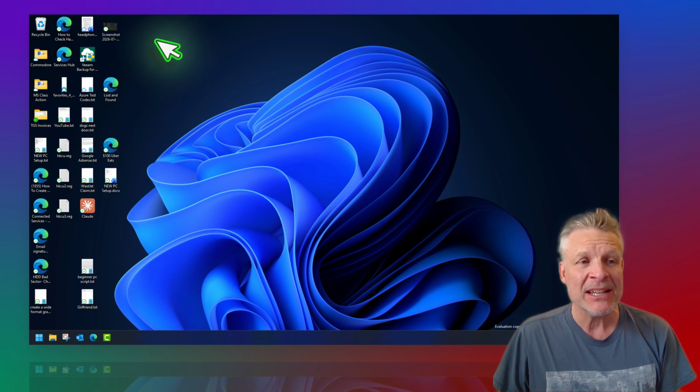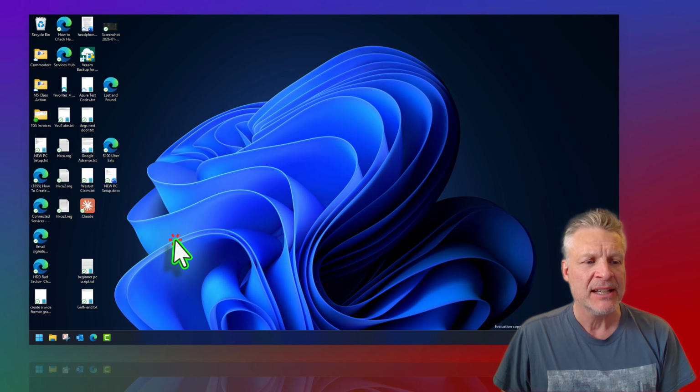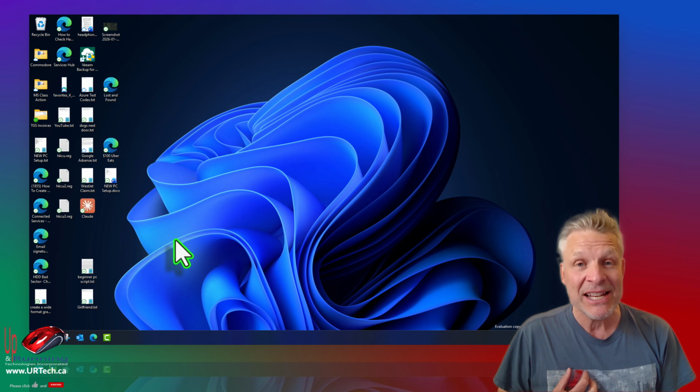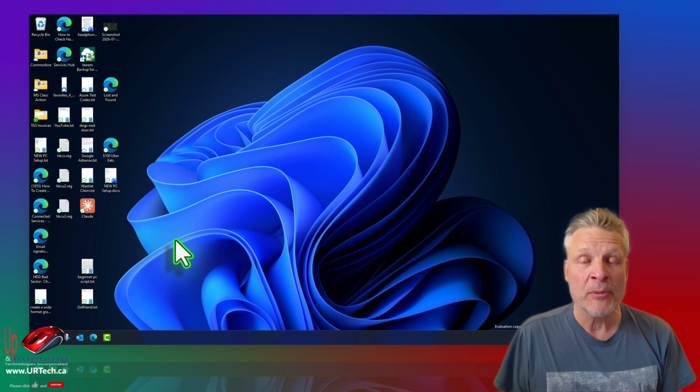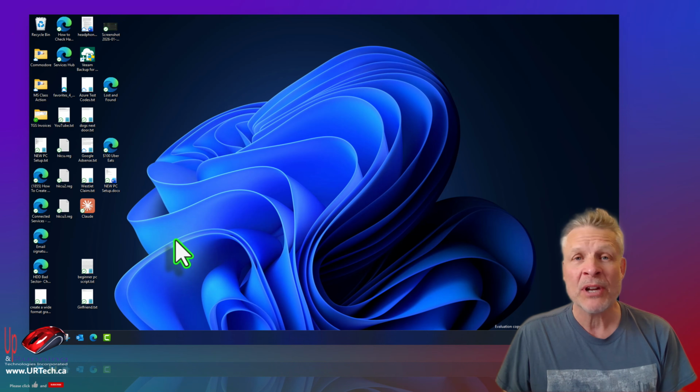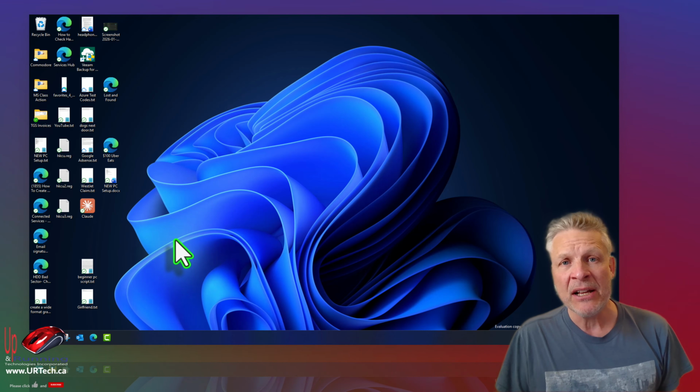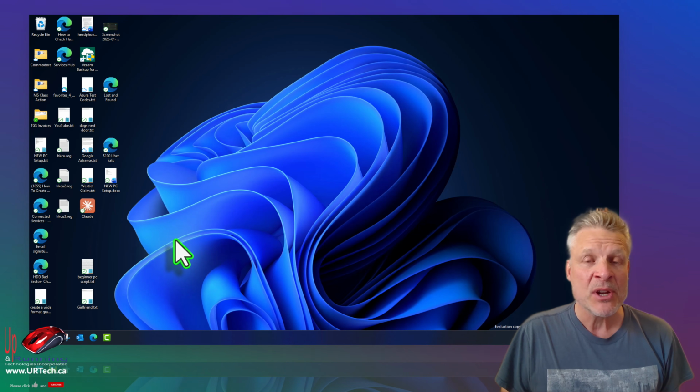Well, you can see this particular computer has all kinds of files on it and say, I don't want those. I've got it from somebody else and I want to get rid of their junk. I'm going to donate the computer and I don't want them to have my stuff. I've got some serious problem with the computer and I want to wipe it out. I just want to toast it completely and get it back to its factory settings. Well, you could struggle with this and try to delete the files and uninstall programs, or you could just do